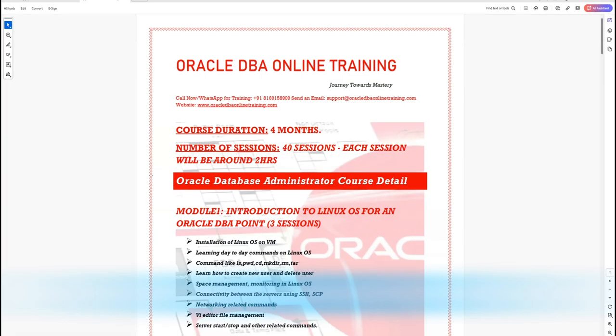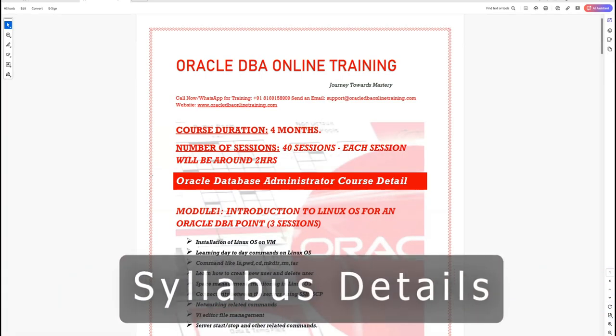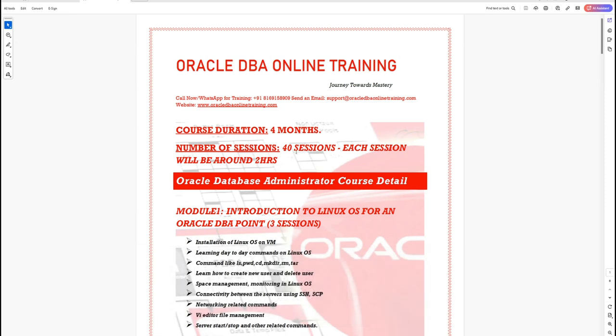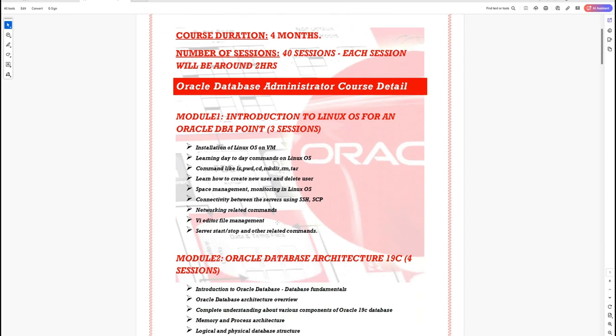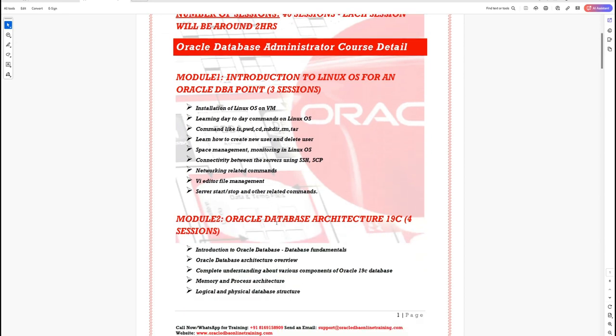So what is the syllabus that we are going to cover in this entire program? As I mentioned, each session will be of 2 hours, so we are covering almost 40 plus sessions. This program will be for 4 months, where you can learn from the basics to the advanced topics of Oracle database administration. That's why I've given the title Oracle 19C Advanced DBA Training. This syllabus starts with the basics of the Linux operating system.